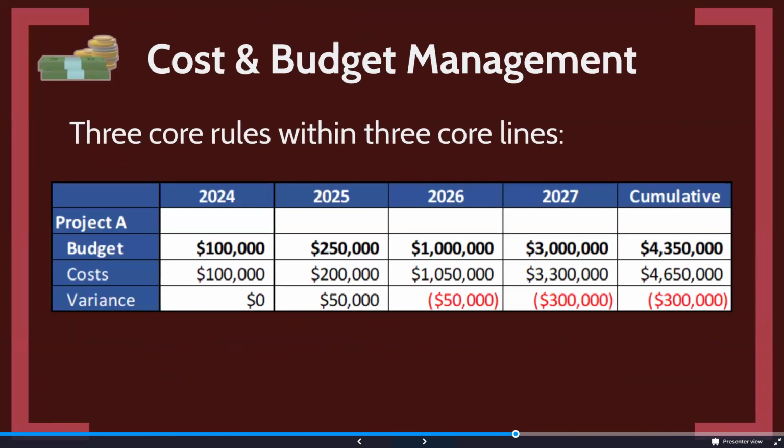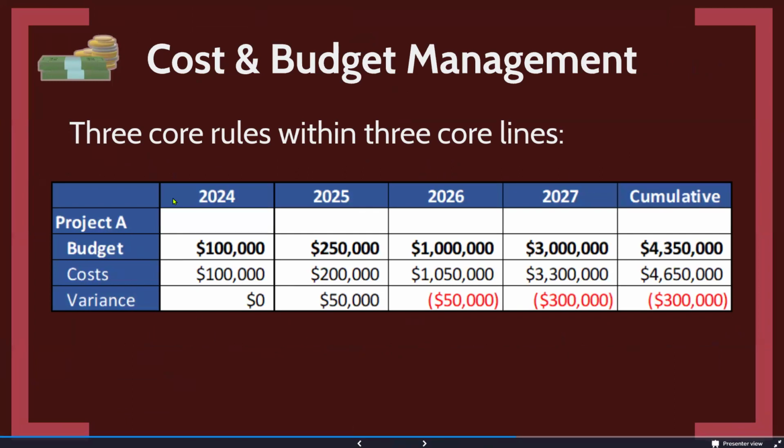Okay, so let's talk a little bit about what this looks like practically. When we talk about a system, we look at InScope as a CIP management system, and we use it to illustrate how these concepts work. So we have a project. We have project A here. Project A has a CIP budget, a capital improvement program budget, which is spread out over time, a time distributed budget, right? 100,000 in 24, 250 in 25, a million in 2026, and so on and so forth.